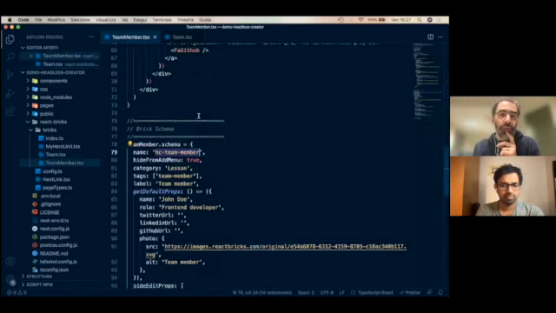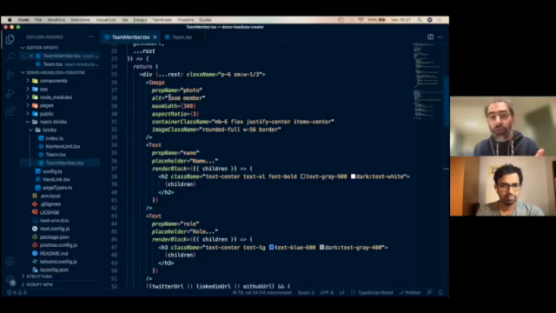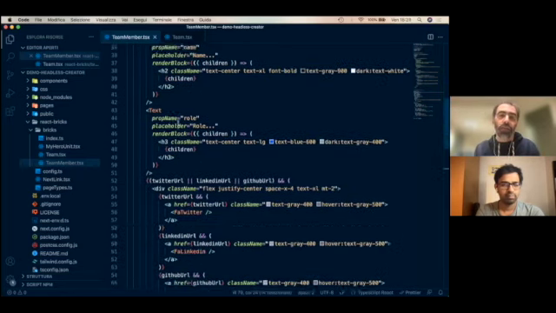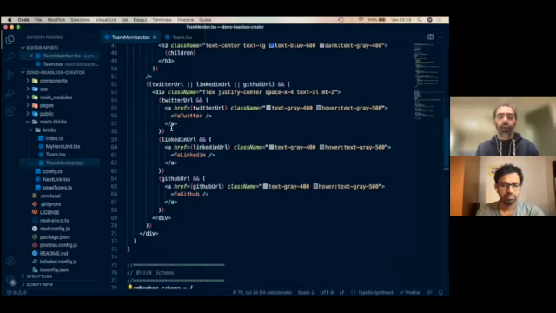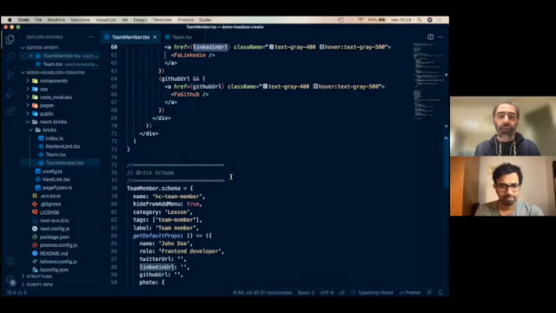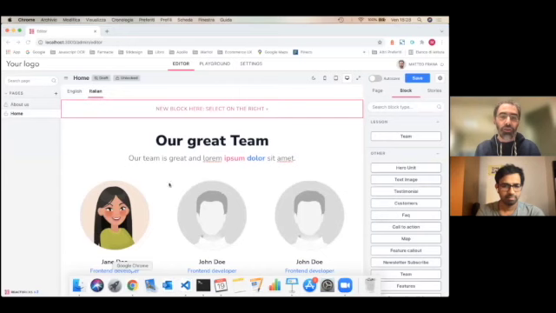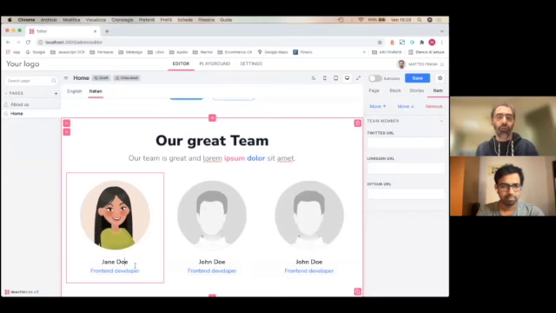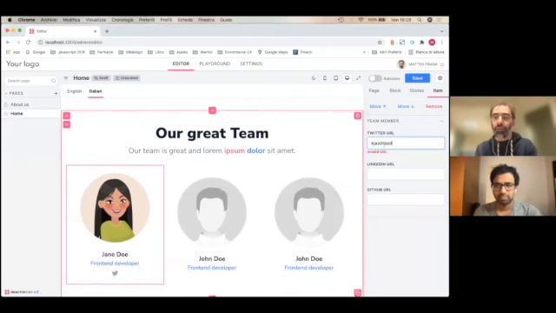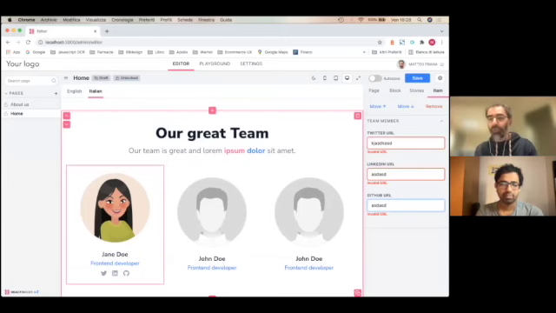And then the team member is very similar. You have an image for the team member, a text for the name, a text for the role, and then based on the Twitter URL, LinkedIn URL, or GitHub URL, we conditionally render these icons with a link, and these are sidebar edit props of type text. So you see that when I focus over this member, I can put here a Twitter URL, a LinkedIn URL, and a GitHub URL, and you see that the icons appear with a link. Of course, it says invalid URL.